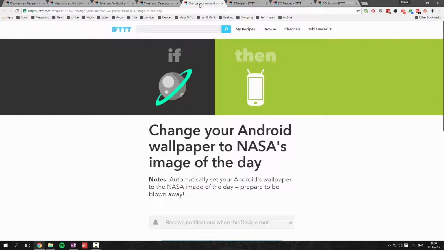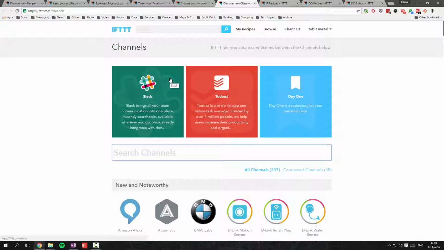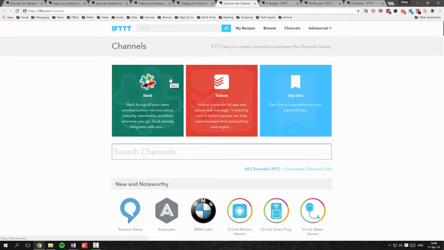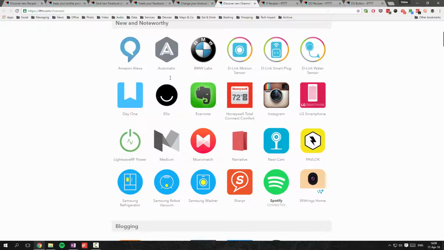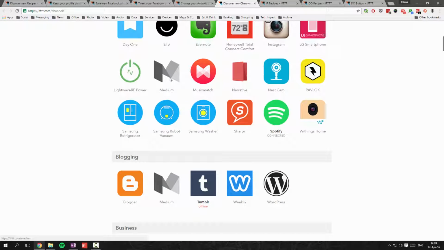These are just a few examples of how If This Then That works, and it basically has unlimited potential, so you can do whatever you can imagine. There are hundreds of so-called channels on If This Then That, so let's check them here. As you can see here, there are already hundreds of channels connected, and you can pretty much use every service